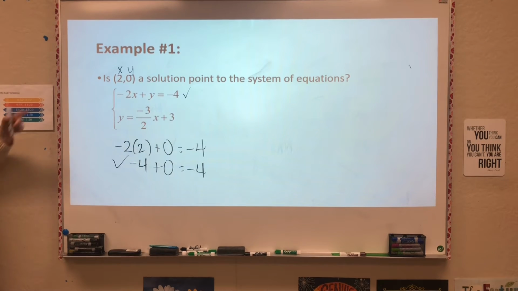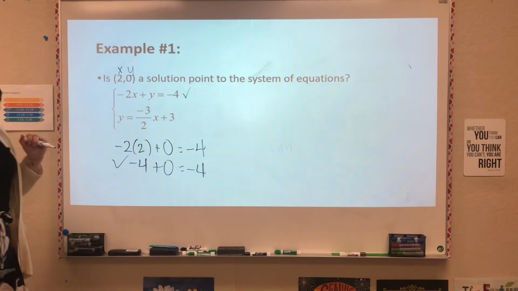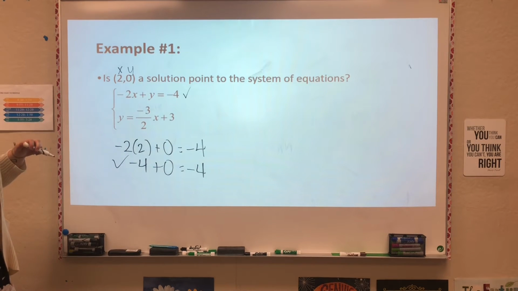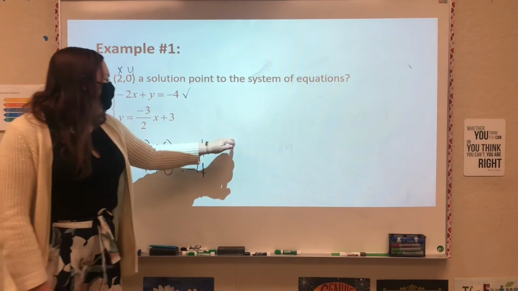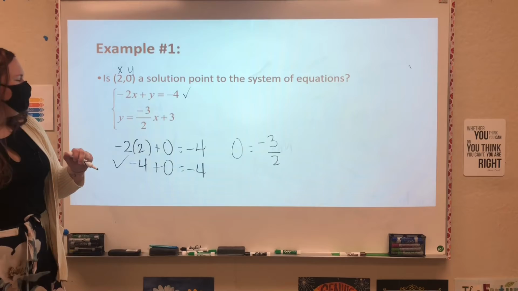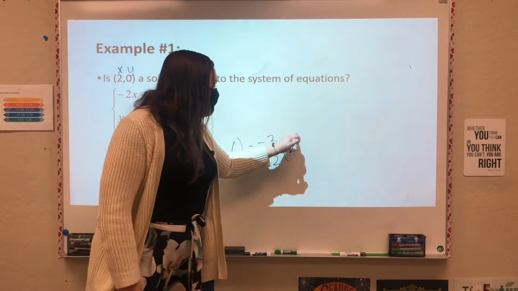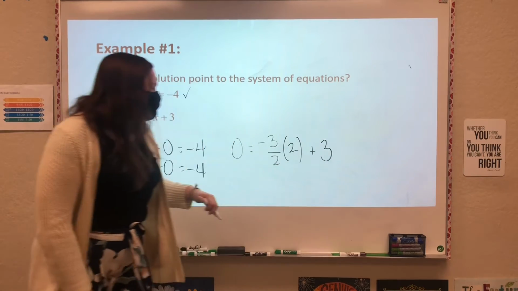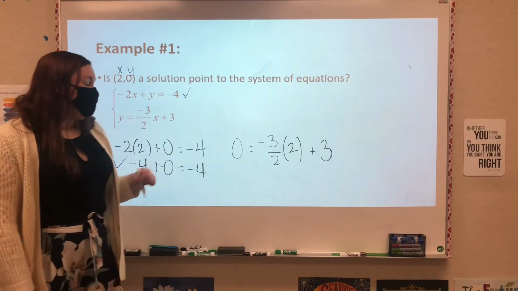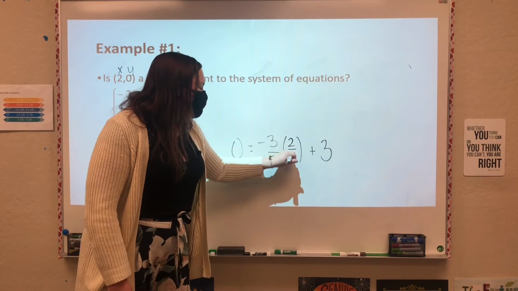You had said earlier we want to check both of them. So we still got to do this one. What's it going to look like when I substitute here? So it would be 0 equals -3 over 2 times 2 plus 3. Now, to help with that fraction multiplication there, I'm going to actually recommend that we write it like